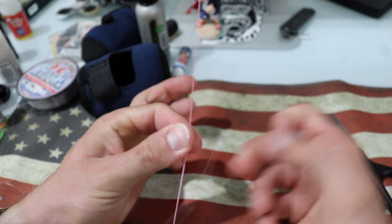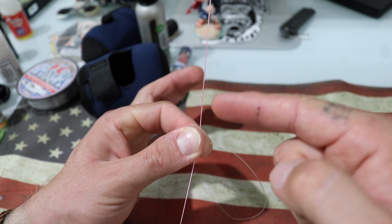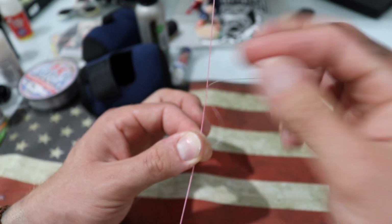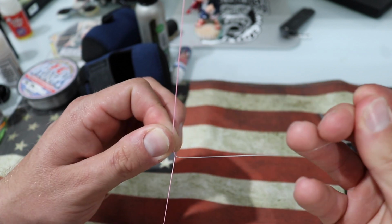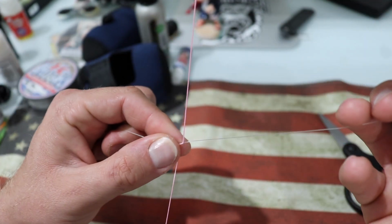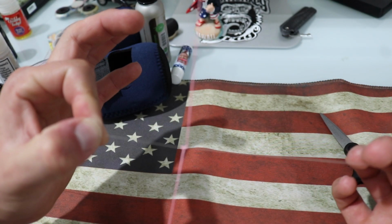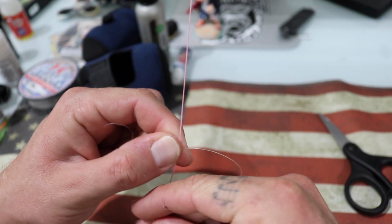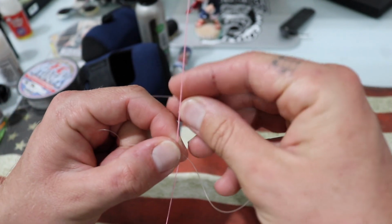Now, with these fingers, hold the line, pinch it together like that, okay? This needs to stay on this to keep the knot in place while we're doing this. And literally all we're going to do is go one over and one under. At the end of each one, you want to pull. So you go over and just lightly pull the leader line like that, just so that this braid continues in a straight line. And under, and pull. Over,